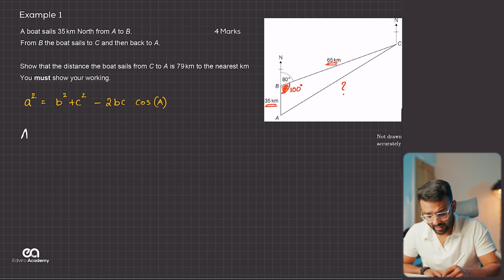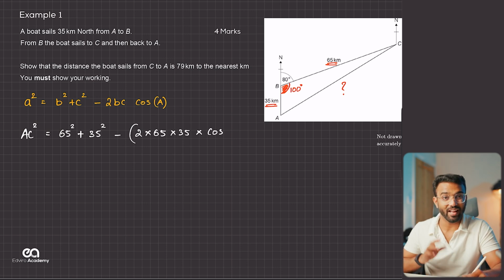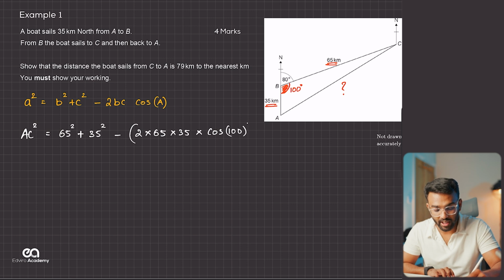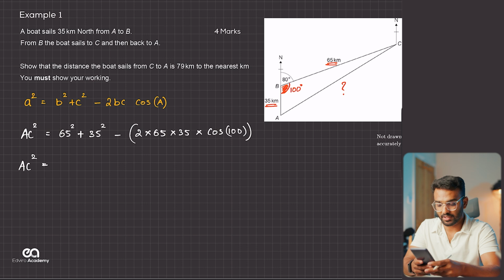So I'm just going to call it AC square is equal to 65 square plus 35 square minus 2 times 65 times 35 times cos of A, which is cos of 100. Please make sure you guys put the brackets just like this into the calculator. And we have AC square equals, put that in your calculator. So I have 65 square plus 35 square minus bracket open, 2 times 65 times 35 times cos of 100, close the bracket and close the bracket once again. And that is giving me